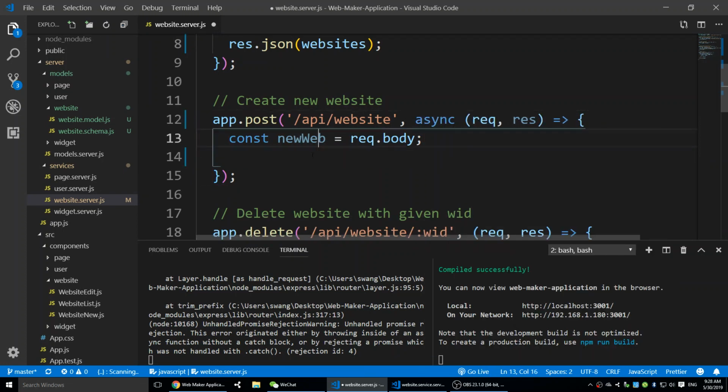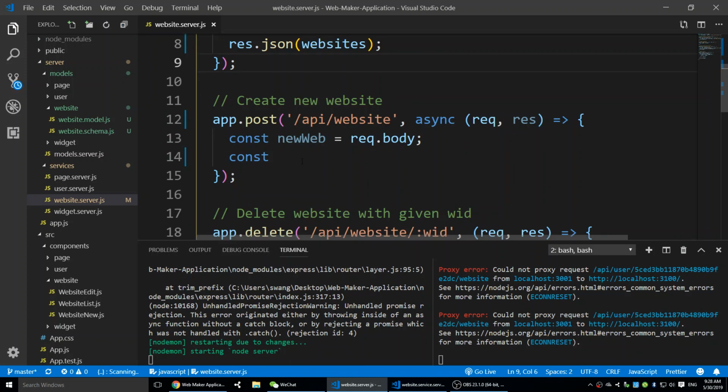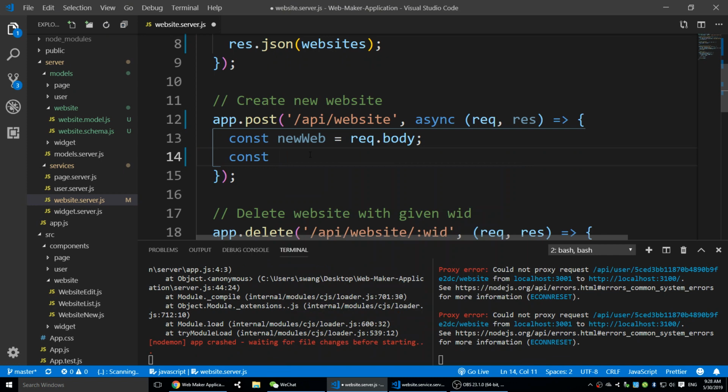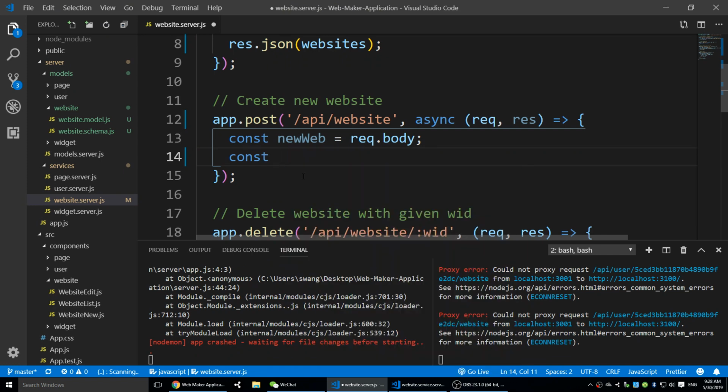Asynchronous call. Right, to create a new website, we're going to send this new website directly to the server, to the database. So it's going to be a constant. Oh, this one, I forgot await here. Await this one. So constant, let's say it's called some kind of response. Let's call it data, is equal to